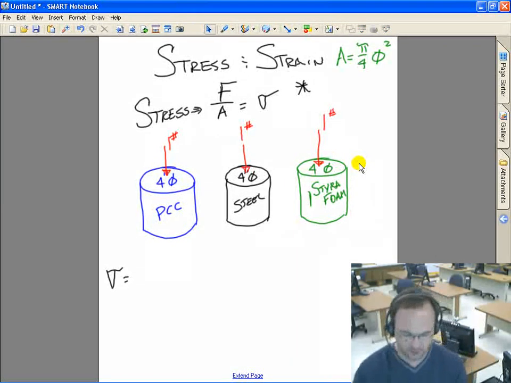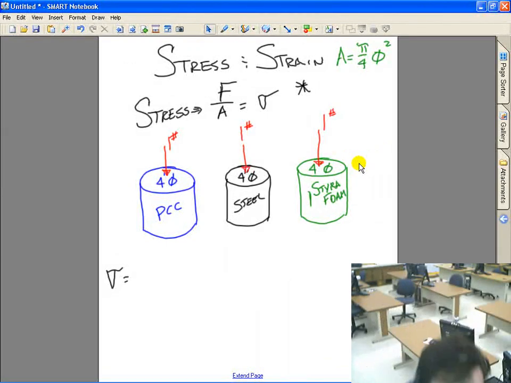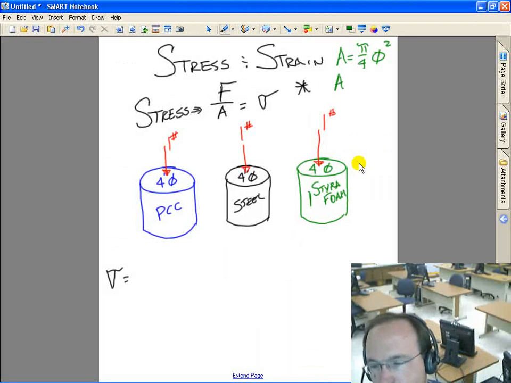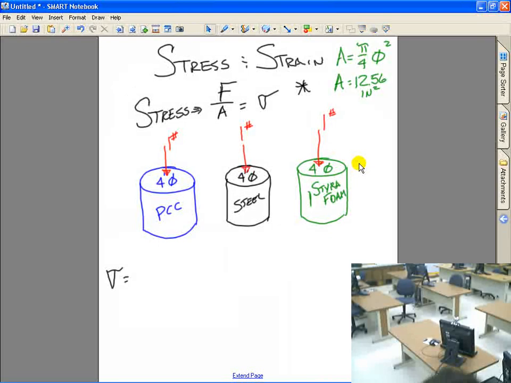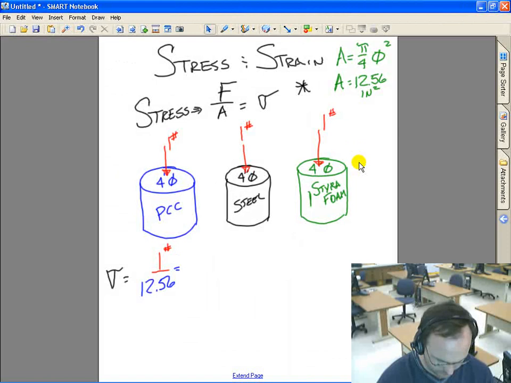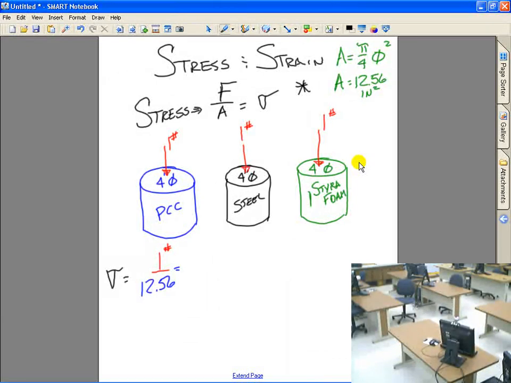So, if we have that, we know that the area for a 4-inch diameter is going to be 12.56. So my area for a 4-inch diameter is 12.56 inches squared. So my force is 1 pound divided by 12.56. So my stress is what? 1 divided by 12.56 gives me 0.08